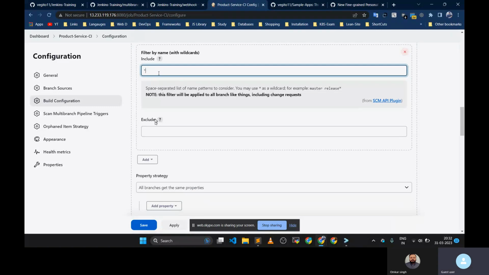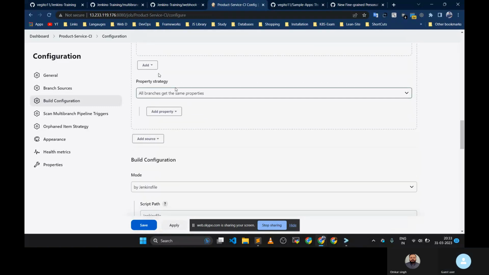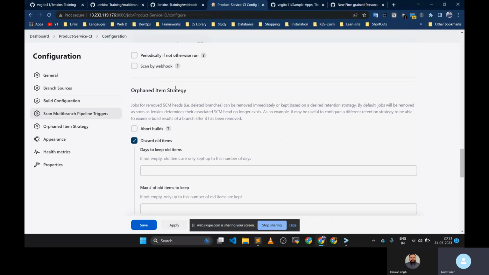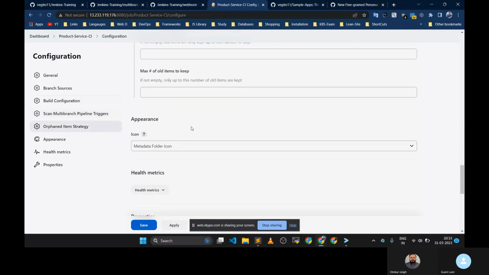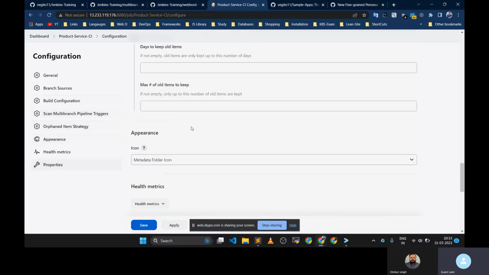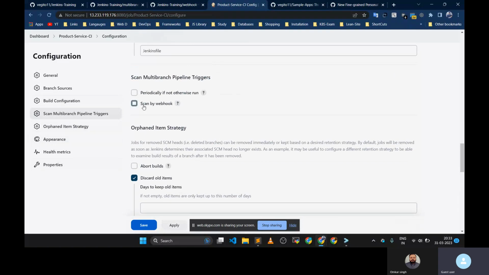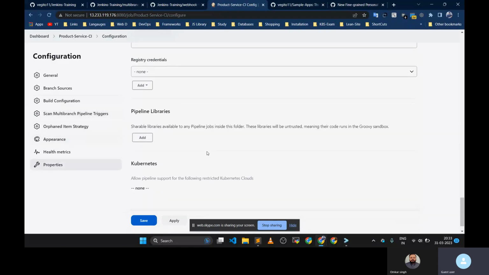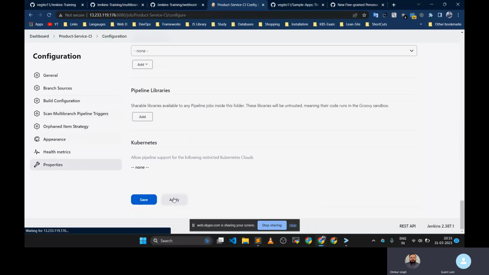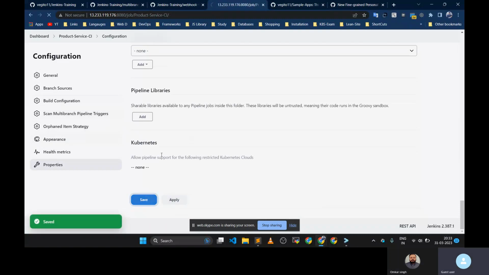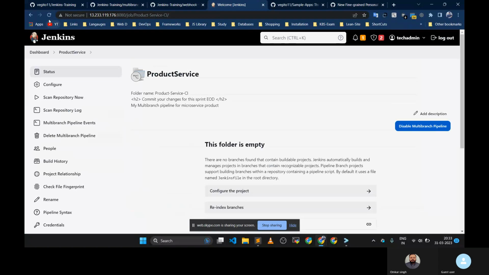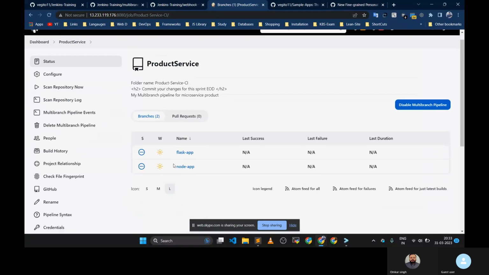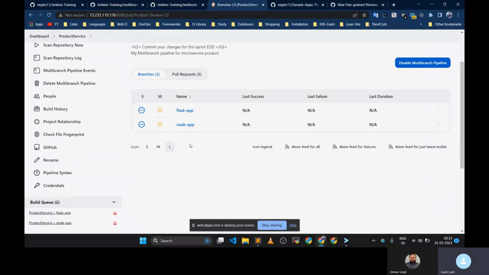Exclude column. So now I'm giving here, sorry, not master, main, and star dot app. And once it is done, now I don't want to scan my webhook. So first let's create it simply, then we will go with the webhook thing. Now save. Now can you see? Now it is building